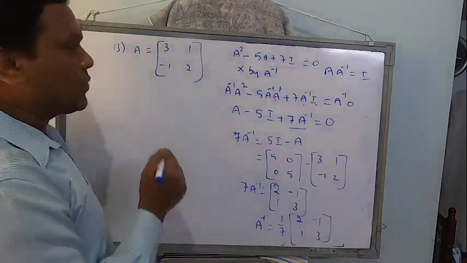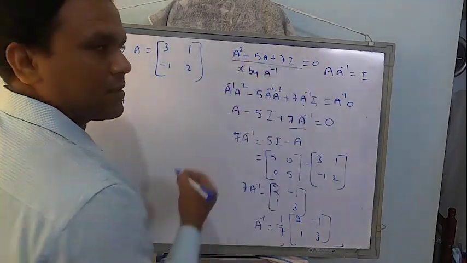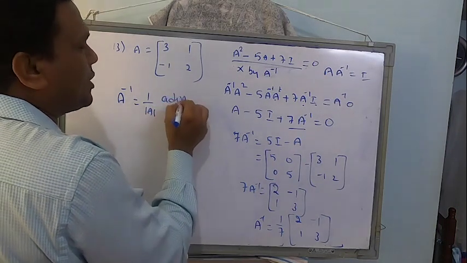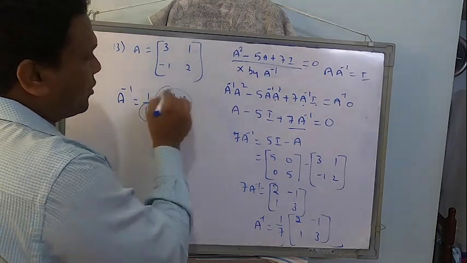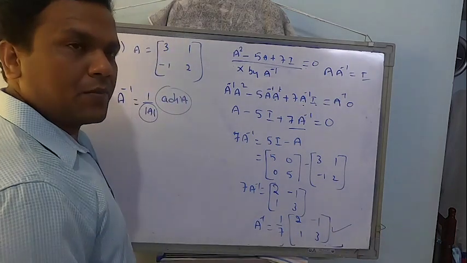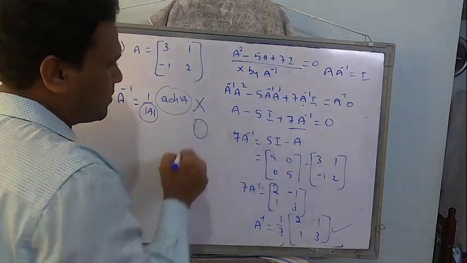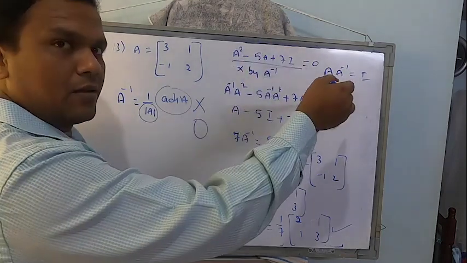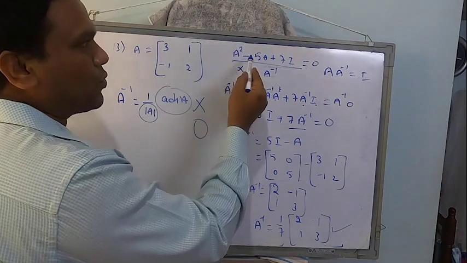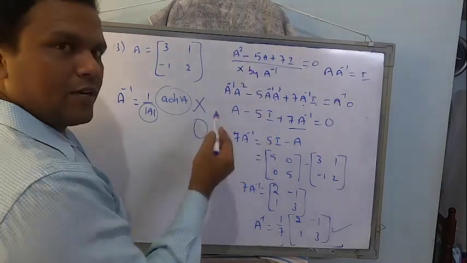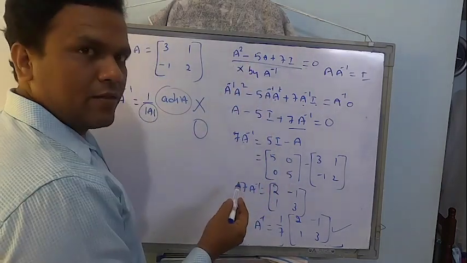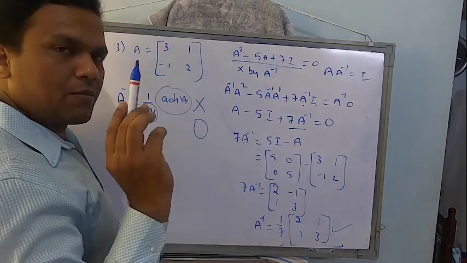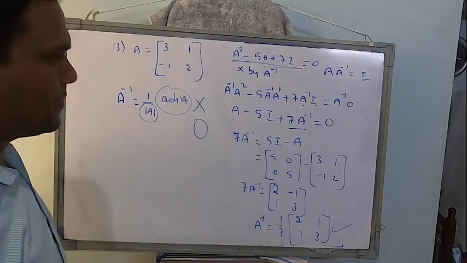So what most of the students will do here, they will show this. Then they will go to the formula of 1 by determinant A multiplied by adjoint. They will find out determinant, they will find out adjoint, they will still get the same answer. But marks will not be given. Marks will be given as 0. So once they say, hence find, or using this find, what you have to do for the given equation, multiply A inverse, construct a formula to find out A inverse, and then solve it. If you are doing it by formula method, answer will be correct, but marks will not be given. So just take care of this.